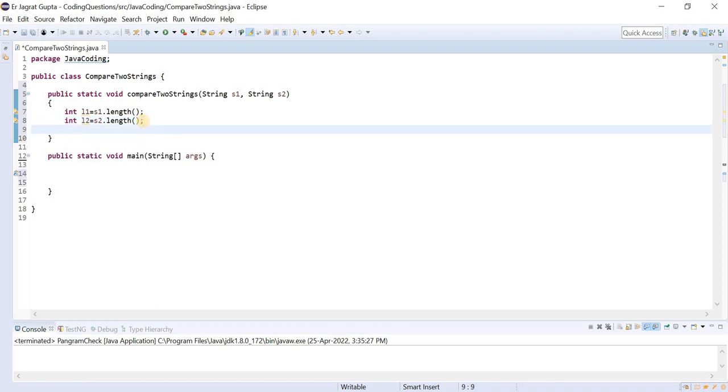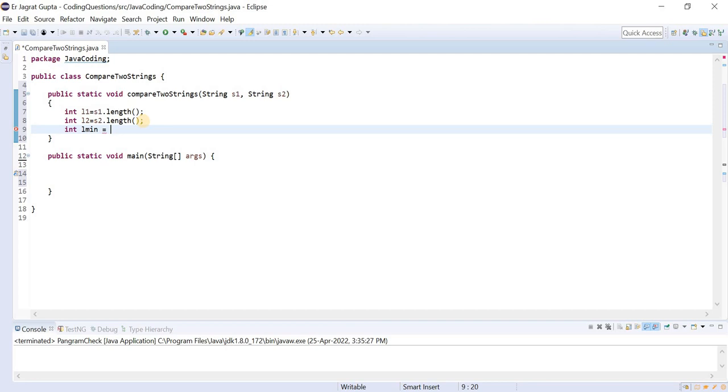Another goal is that we need to find out the minimum length of both the strings, because if we are going to incorporate the for loop, then there is no requirement to traverse the entire string. If we go up to the minimum length, then it is also okay.